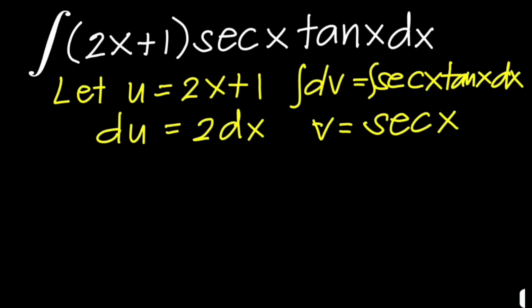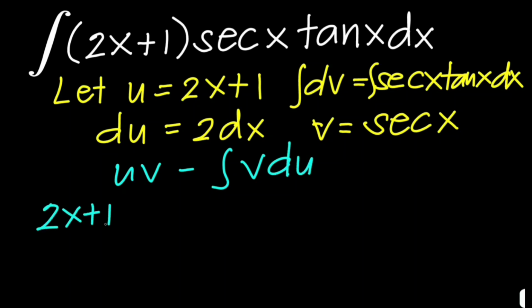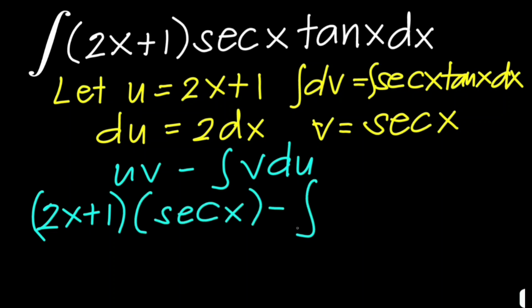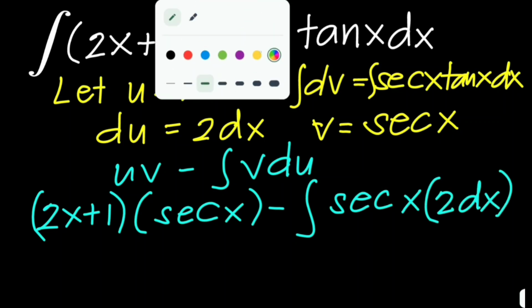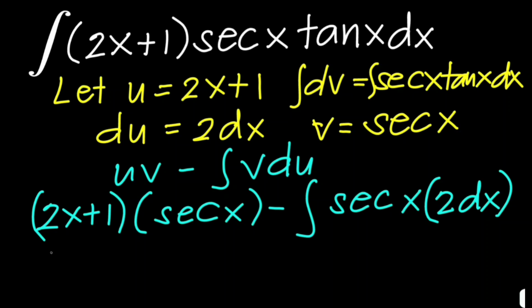And now we can use the integration by parts formula. So that would be uv minus the integral of v du. So u is 2x plus 1 times v, which is secant x, minus the integral of v, which is secant x. Du is 2 dx. Right, and then we have 2x plus 1 secant x